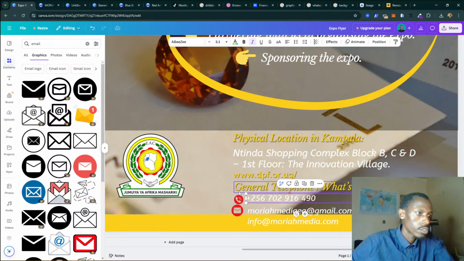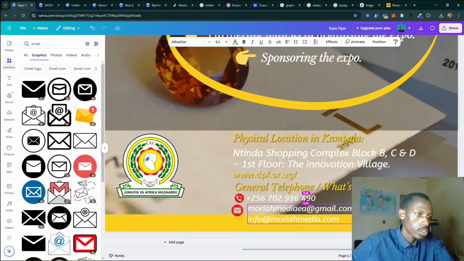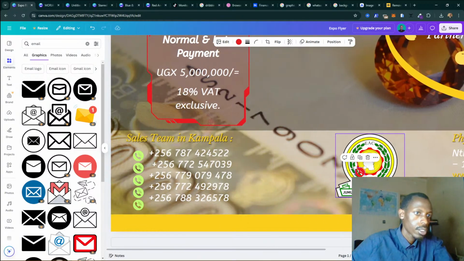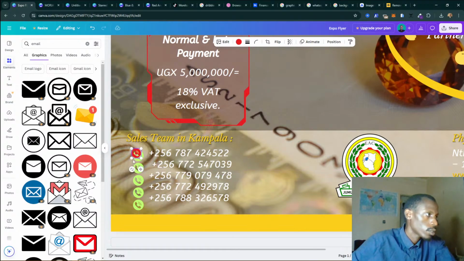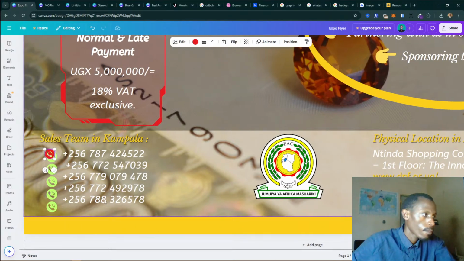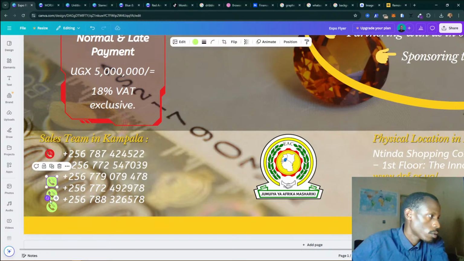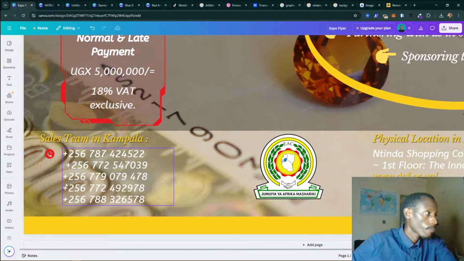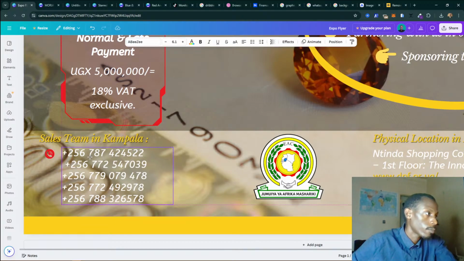So if this is in size 5, maybe you can get more space. This is also in size 5. So if I duplicate this and use the scroll bar to go to this side, the document, and I collapse that to get more space to work with. Now I can delete all these, but instead I could select all of them and scale them down at once. Since I've already deleted them,